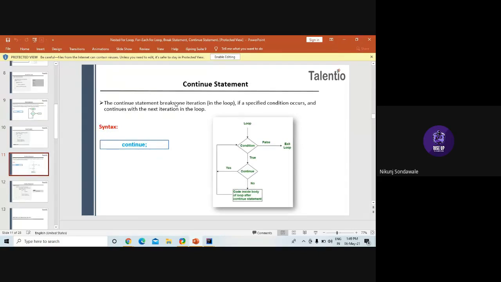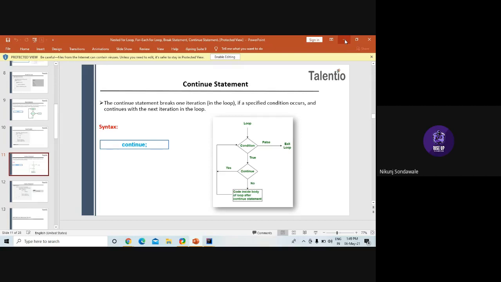It says that the continue statement breaks one iteration in the loop if a specified condition occurs, and continues with the next iteration in the loop. Read this statement carefully.